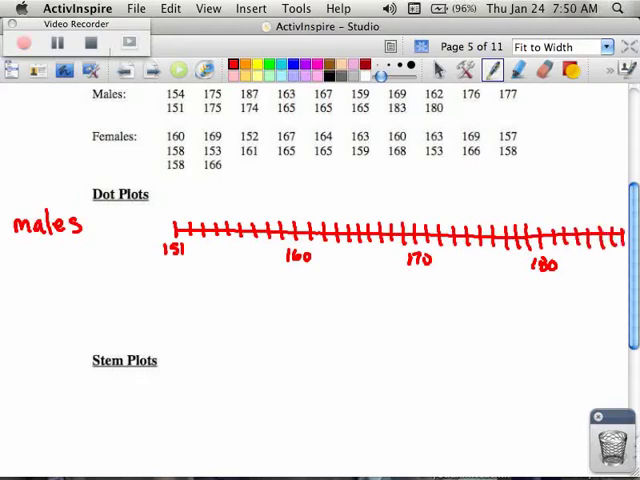Basically all you do is put dots and go vertical from that point. For example, 154 would be one, two, three, four. So here's 154, 175,